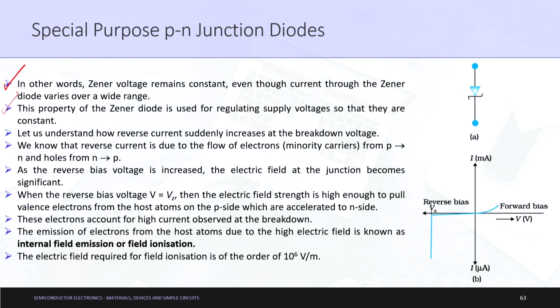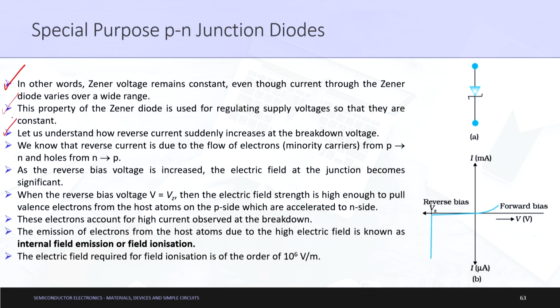So, that is how we use it. This property is used for regulating supply voltages. We will understand in the next slide how a Zener diode can be used as a voltage regulator. This property of the Zener diode is used for regulating supply voltages so that they are constant. Let us